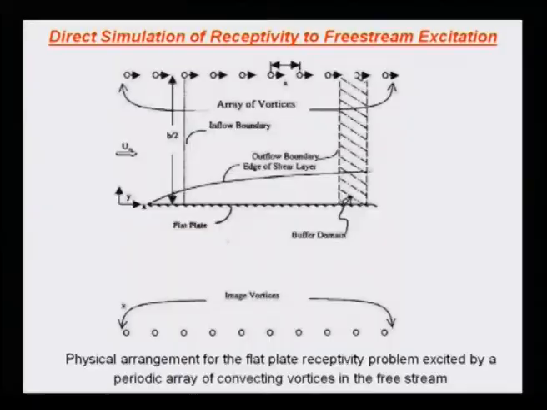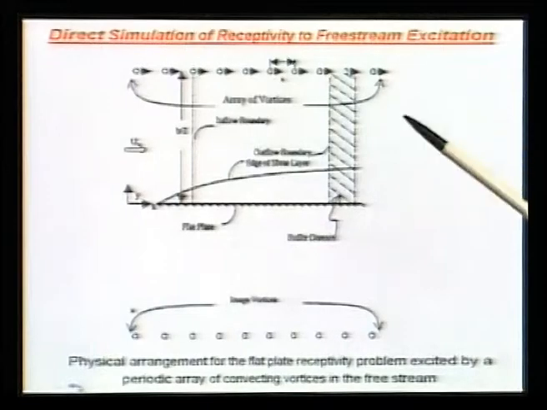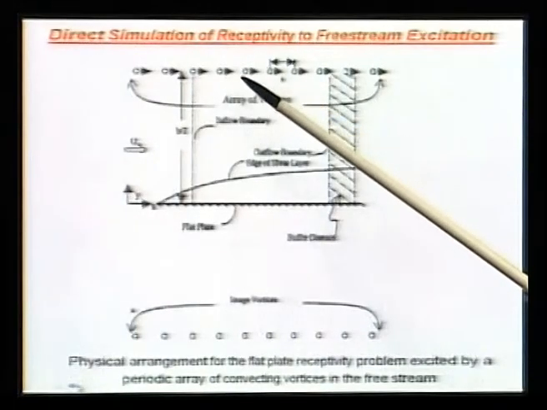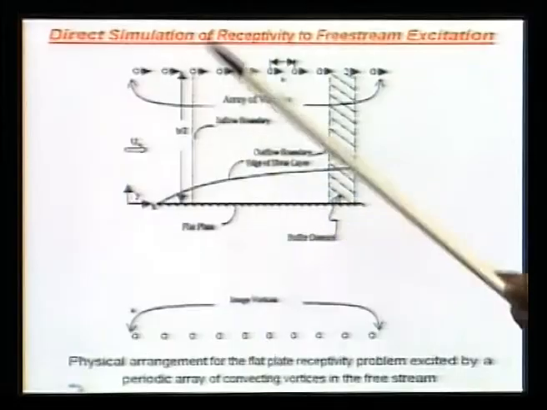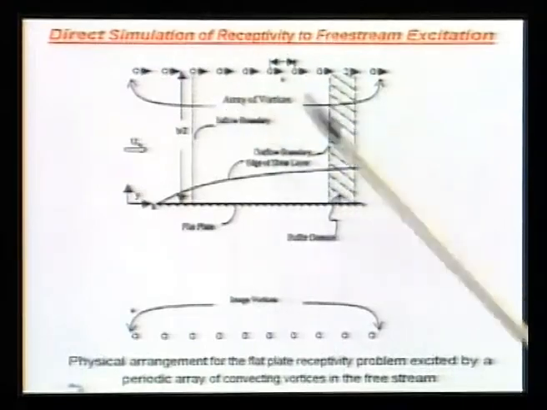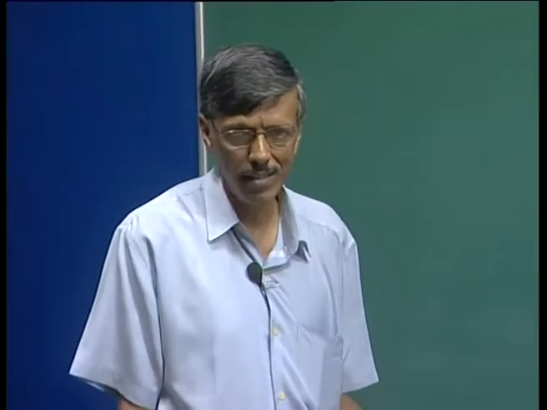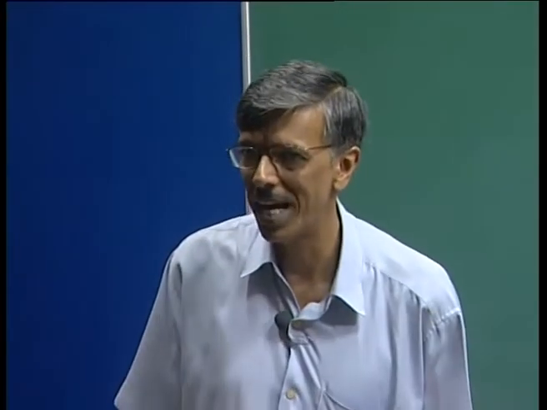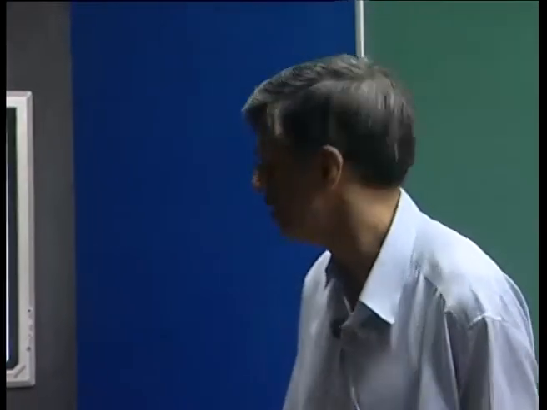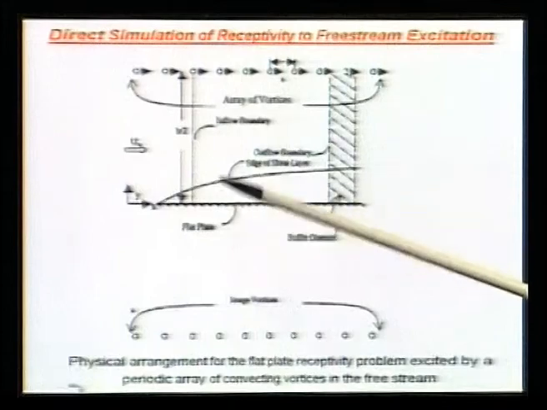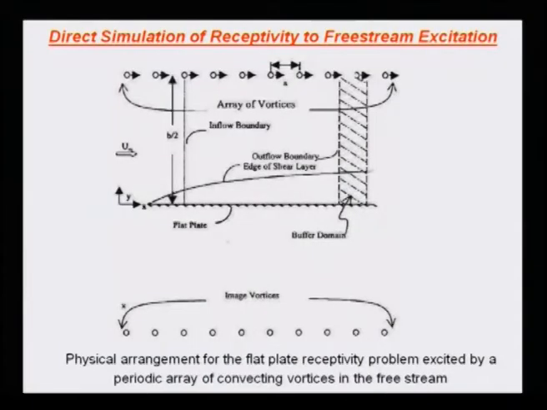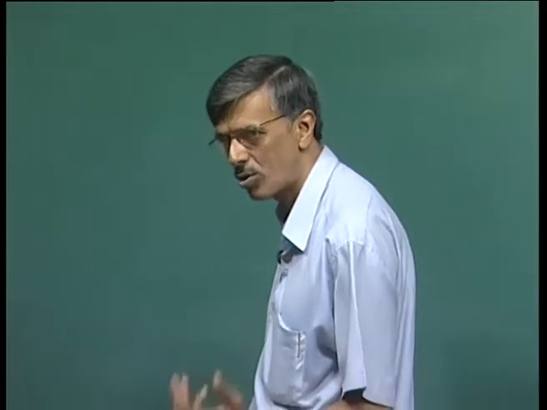How do we do it? Well, we do it in the following way. We talk about vortices, a train of vortices, a large number of them. They are all equispaced and they are all going at constant speed, and they are also constrained to move at a constant height, so that we can take out some of the uncertainties of the analysis. That's why we call it a controlled experiment.